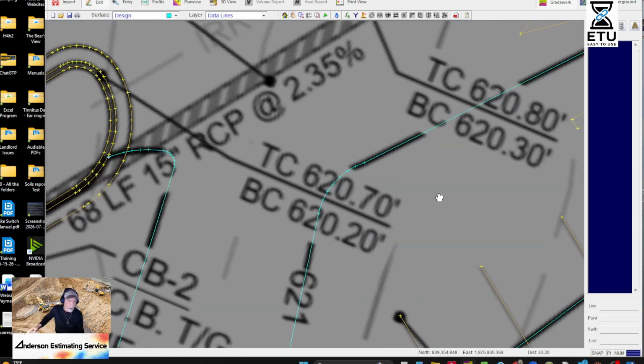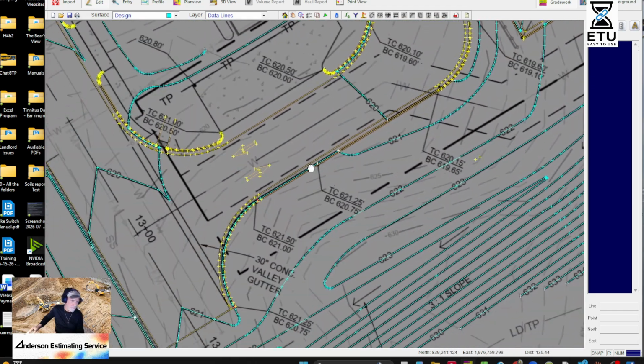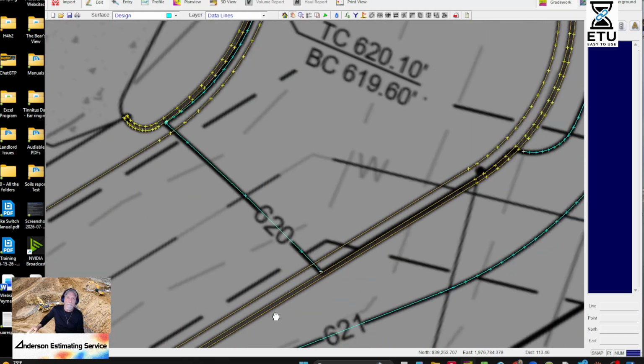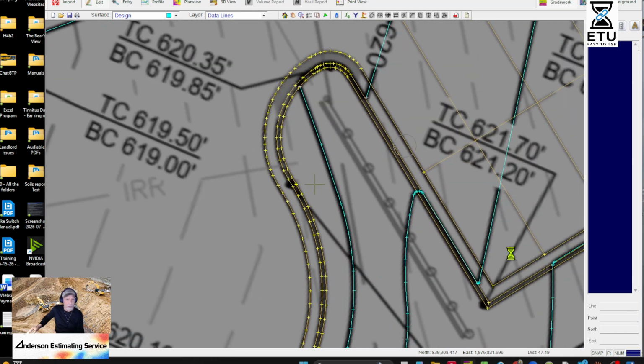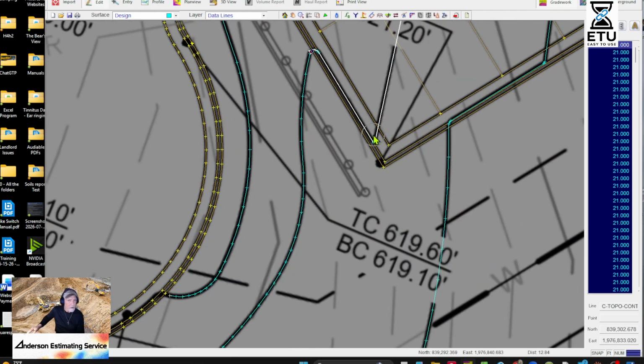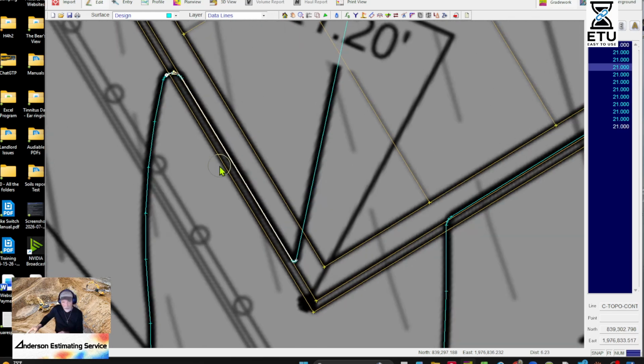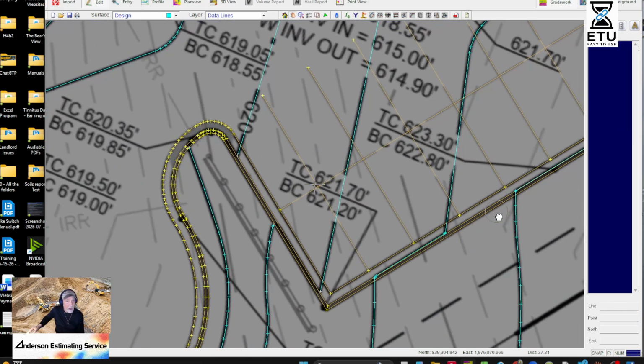I don't need to clean these up. We just need to clean up where we're working. So we were working right here. We'll just go along there. And we'll just do it up to here. Control X. Control X. Rid of that sucker. Yep. Make sure we're deleting a line.